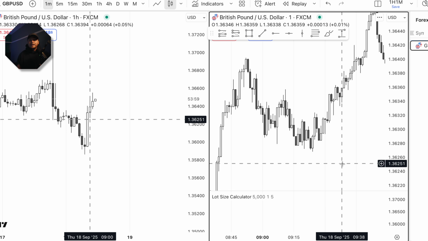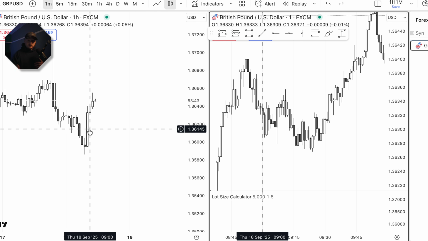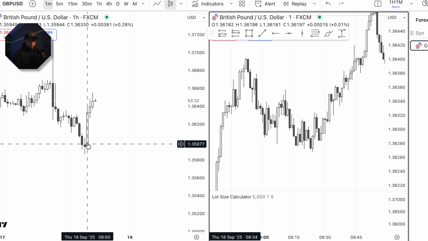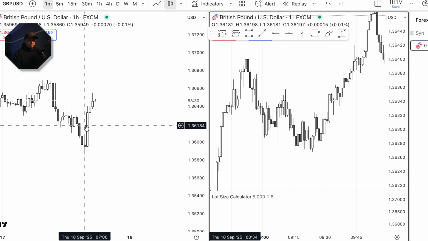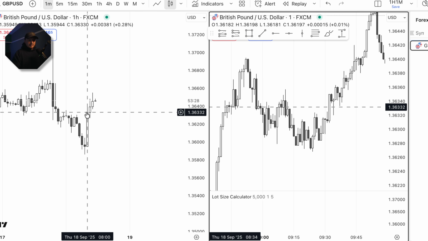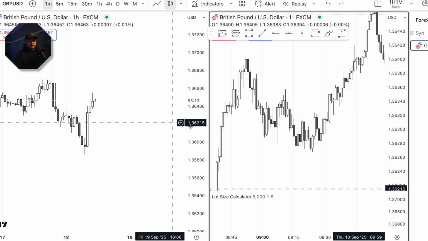Now that we've got the hourly candles out of the way, let's have a look at the 1 minute pattern we look out for. So this is a trading opportunity from just this morning. 8 o'clock price opens here, pushes up, and then closes here at 9. So once we've determined how price has closed previously, we will be looking for buys only during the new hourly candle. So we wait for the previous hourly candle to close, then look at the 1 minute for a pattern